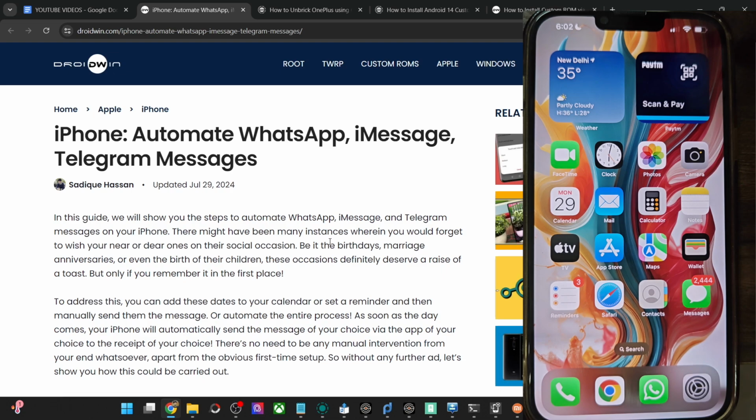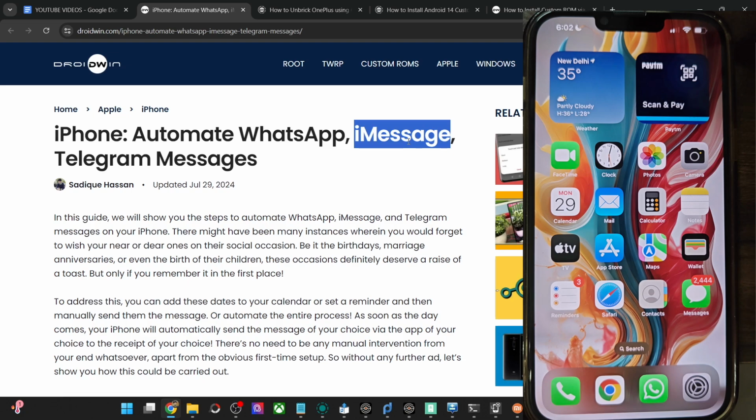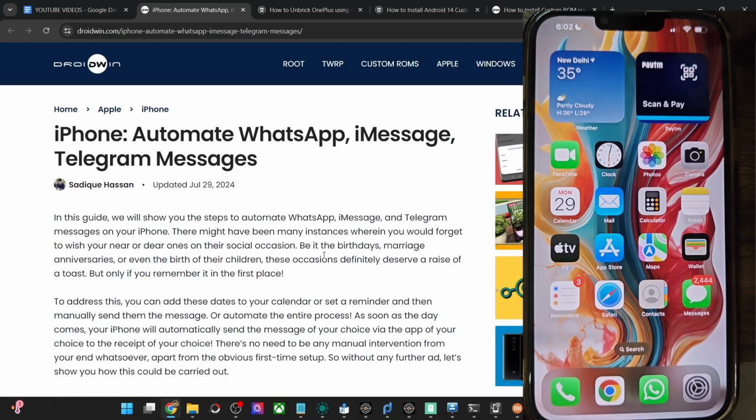First off, you could only automate messaging from the iMessage app and not from any third-party app. Secondly, the time frame is only up to 2 weeks in advance, so you cannot schedule a message beyond the 2 weeks mark. But in this video, I'll show you how to bypass both limitations. First, I'll show you how to automate messages from WhatsApp, Telegram, Signal or any other third-party messaging app of your choice. Likewise, I'll also show you how to bypass this 2-week limitation.